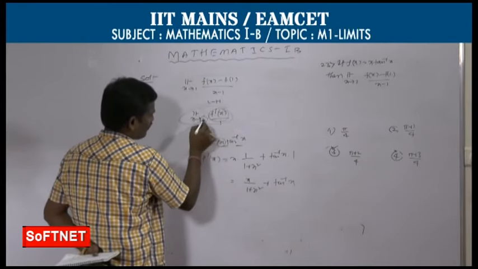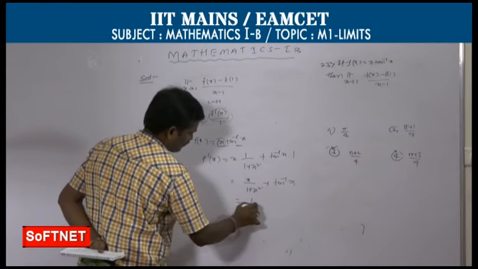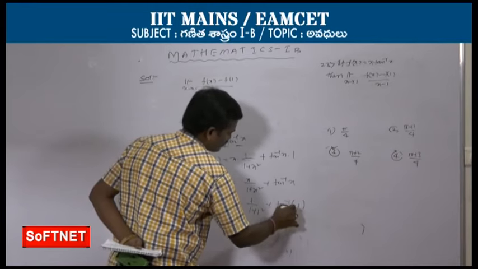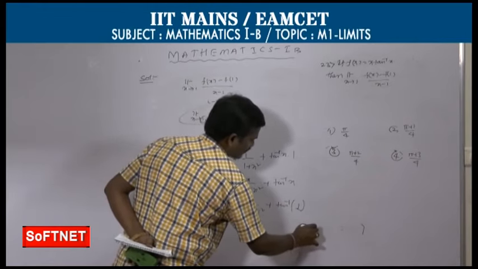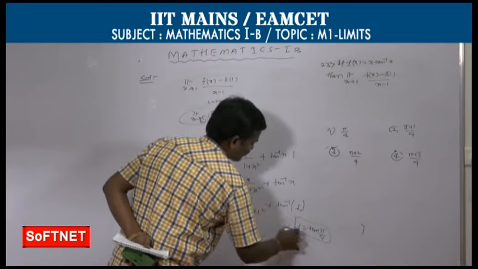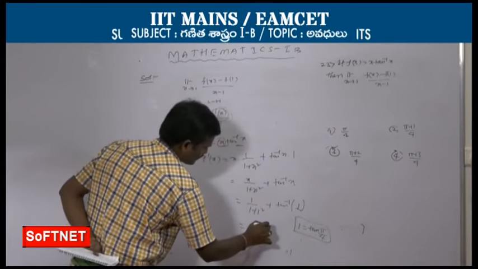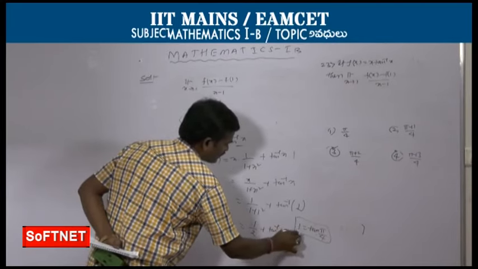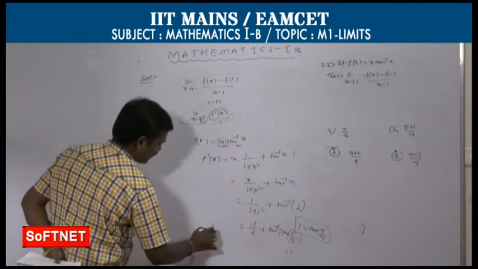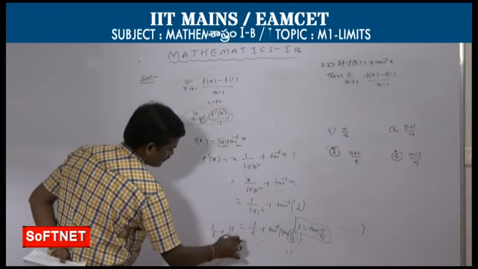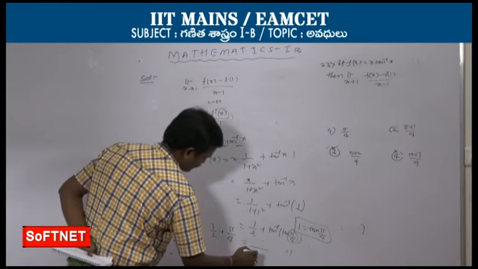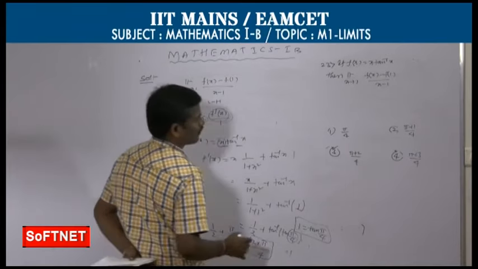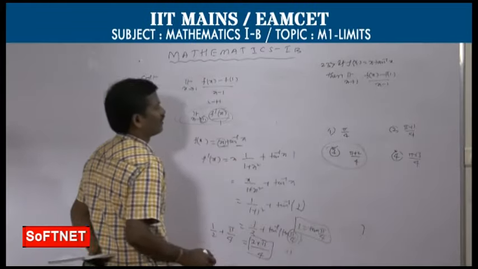f dash of x we got. Here 1 substitute in this function: 1 by 1 plus 1 whole square plus tan inverse 1. Tan inverse 1: this 1 can be written as tan pi by 4. So tan pi by 4 substitute here: 1 by 2 plus tan inverse of tan pi by 4. So theta remains here, pi by 4. So here 1 by 2 plus pi by 4. LCM you take. LCM is what? 4. 2 plus pi, so 2 plus pi by 4. This third option is the correct option.